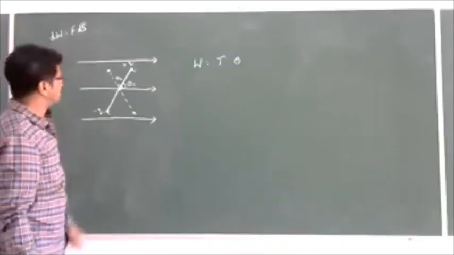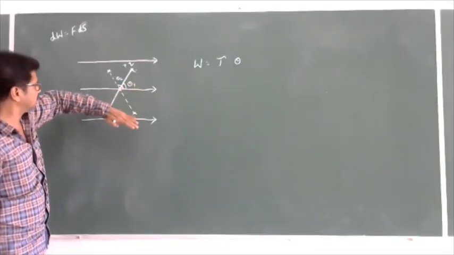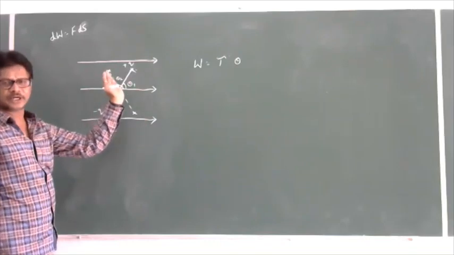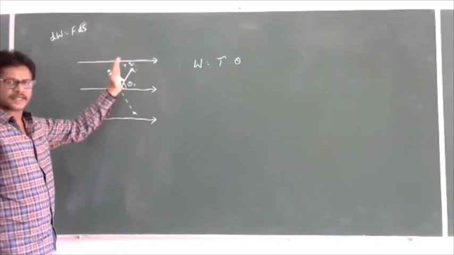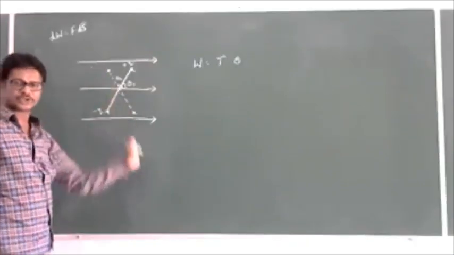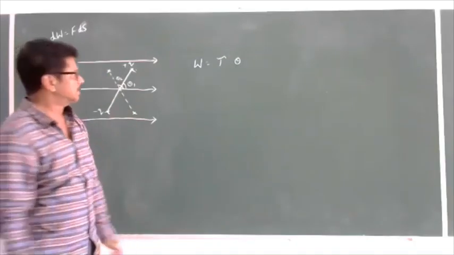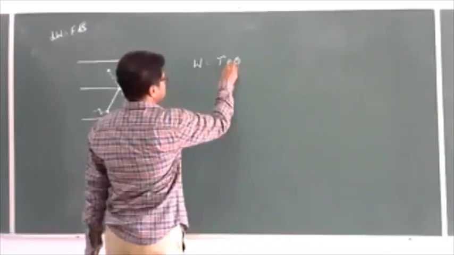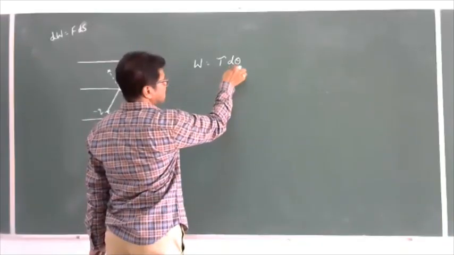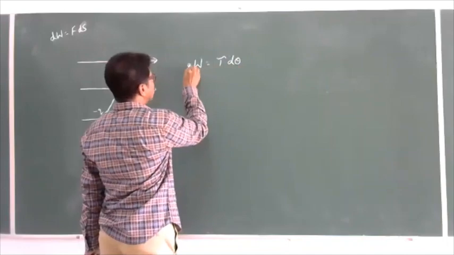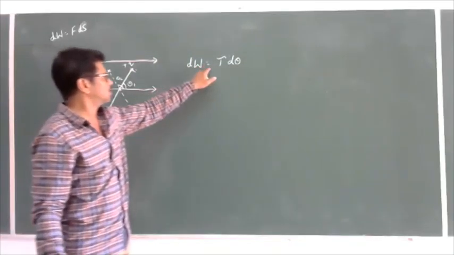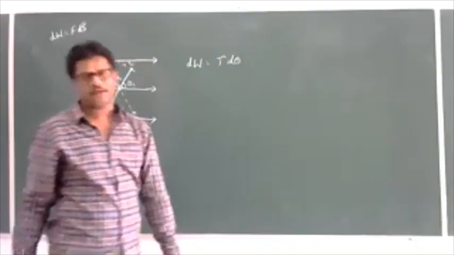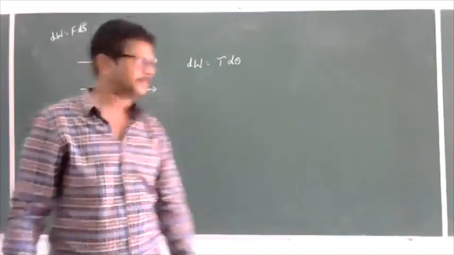But here, what we are doing is not rotating to the angle theta 2 suddenly. We are rotating by an angle d theta, d theta, d theta like that until it reaches theta 2. To rotate a small angle, if the angular displacement is very small, a small work is sufficient. So dW is equal to tau into d theta.